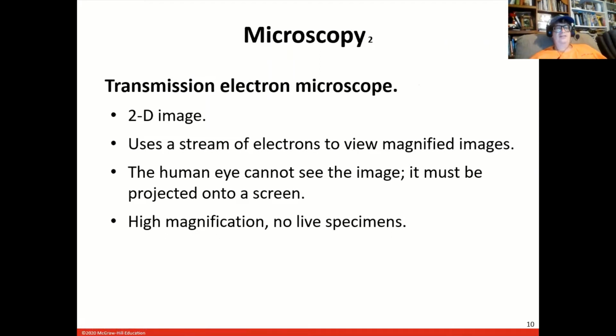All right, so a TEM, a transmission electron microscope, gives you a 2D image. You're looking through a slice. It uses a beam of electrons. You already heard that. Human eye can't see the image. That's because our eyes detect light, not electrons. And the image is projected onto a screen. One of those two videos, I have some nice photos of a TEM and an SEM. The TEM is the much bigger, taller one. Now, where it says high magnification, no live specimens,